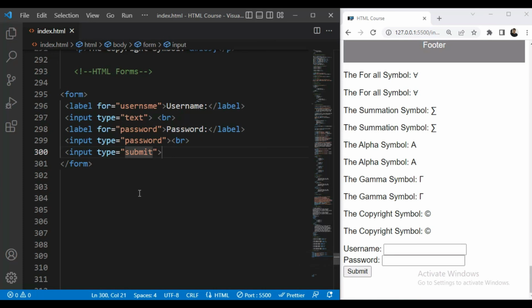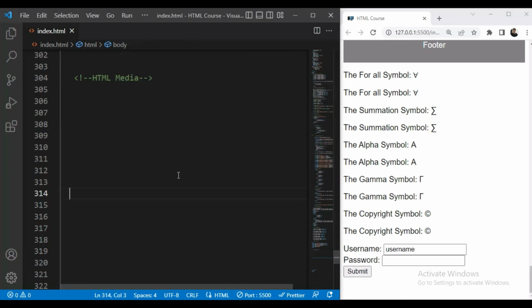Then we'll see some HTML form attributes. For example, in the input type, here I can use the value attribute, and here I can give username. Now you can see this is username, and when I click here, you can write your username. So this was the basic HTML forms.